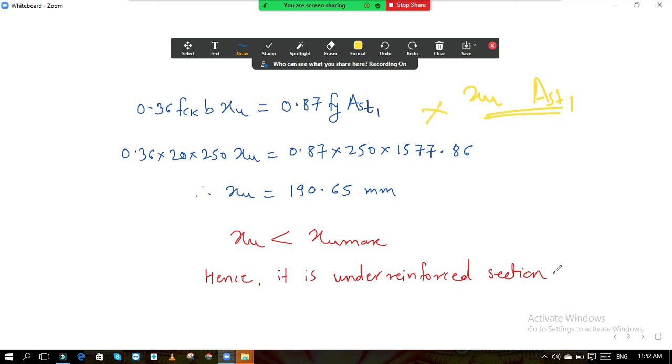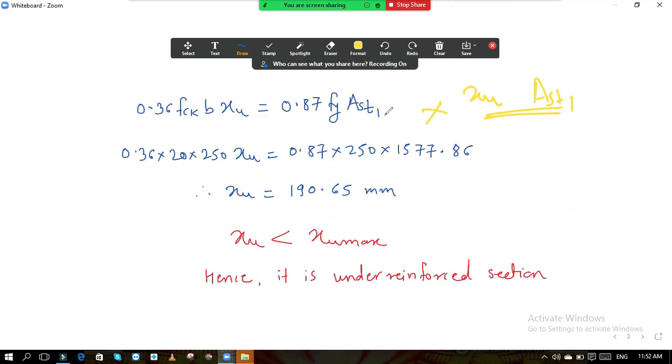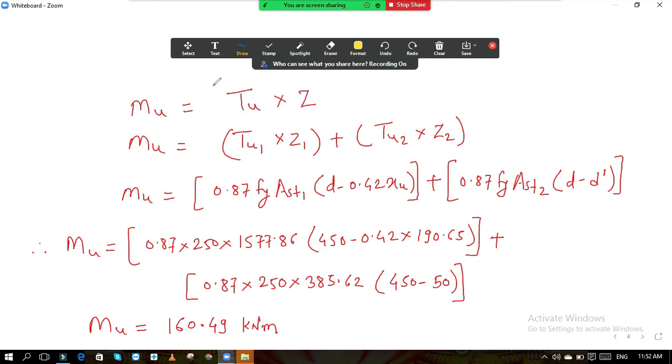Okay, that is why, first, we have gone here. We have calculated the value of AST2. From the value of AST2, we have calculated the value of AST1. After getting the value of AST1, we put it over here, and then we got the value of XU. After that, we did this comparison: who is lesser and who is greater. After that comparison we came to know which formula we can use to calculate this Mu, Cu into Z or Tu into Z, and the further procedure is done.